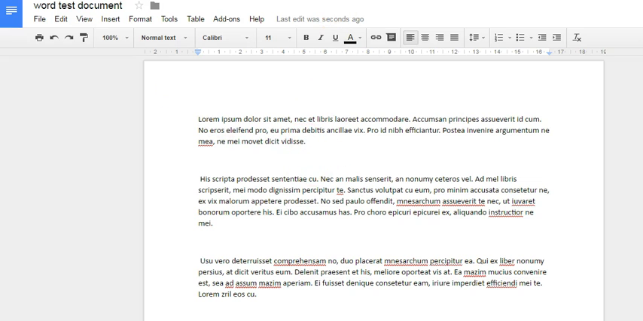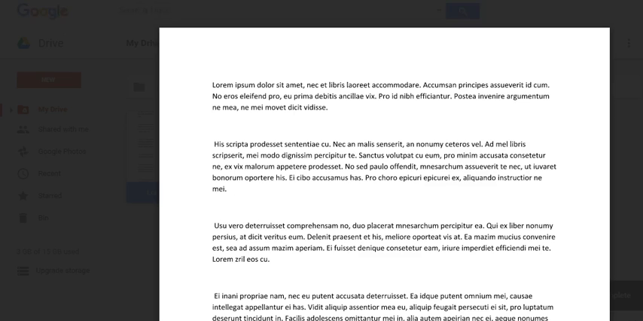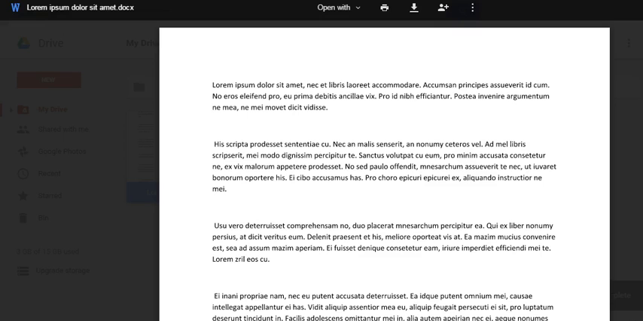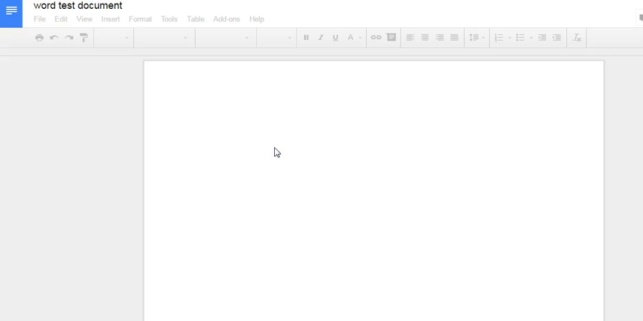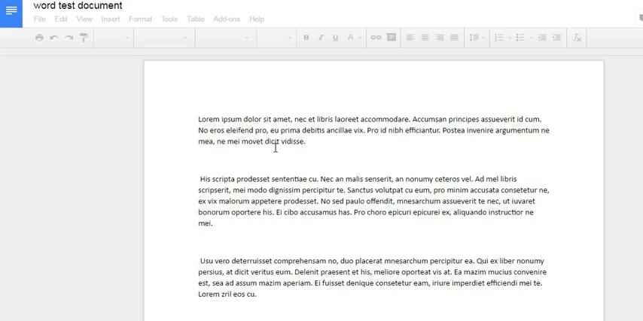So now, if I close this, you can now see that I have two documents here. I have the original Word document and I have my Google document that I just created. So I'm going to open my Google document again, and I have given it a new name, but what I want to do here is I also want to